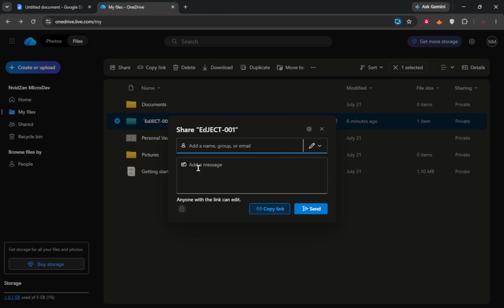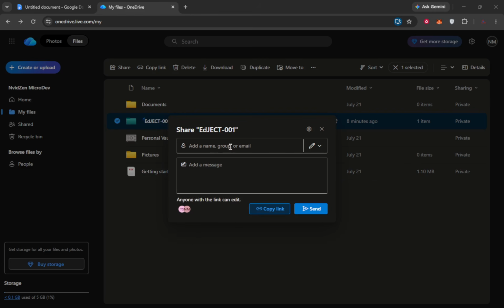Review who has access. In the Sharing panel or pop-up, you will see a list of people, groups, or links. This might include direct people you invited and link settings like anyone with the link. Take a moment to read through this list, since it shows exactly how widely the file is shared right now. This is the best way to catch old links you forgot you created.